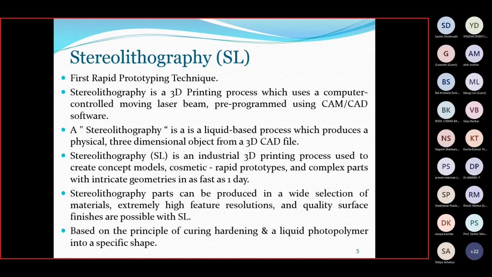Always remember those filaments. In 3D printing we are using filaments, but in this one, the material should be in liquid form. Always remember the materials. In the last lecture, on the last day, you will learn about the solid materials, but remember, stereolithography does not support solid materials. It always supports liquid materials like polymers in liquid form, rubbers in liquid form, or resins in liquid form. So those materials should be in liquid form.